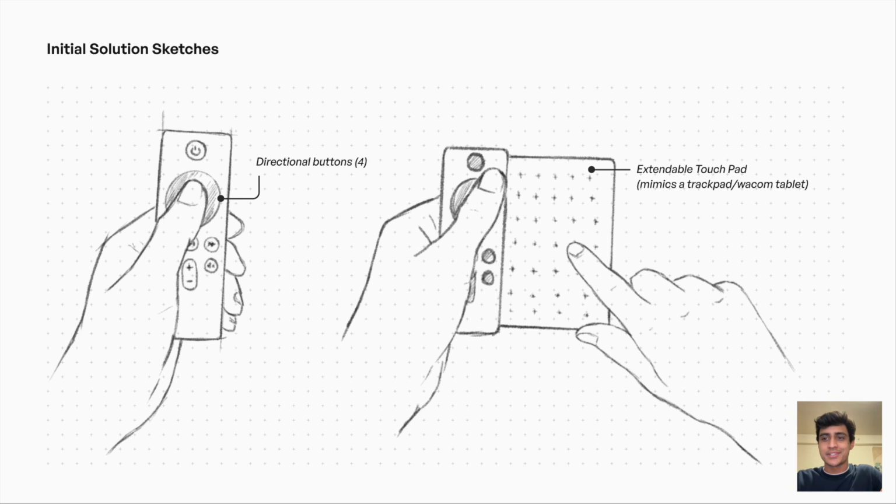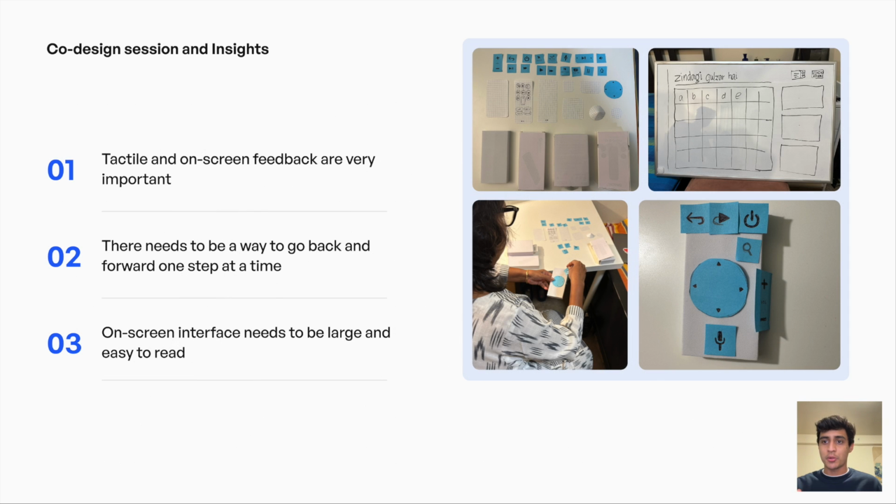on how to improve the design, one of which is shown on the screen. In this idea, the user can expand the remote to uncover a touchpad that offers the same interactions as a trackpad or a drawing tablet. Our assumption was that the touchpad will help the user navigate the smart TV in an efficient manner. With an understanding of the user problems and the few ideas that we had brainstormed, we headed to the co-design